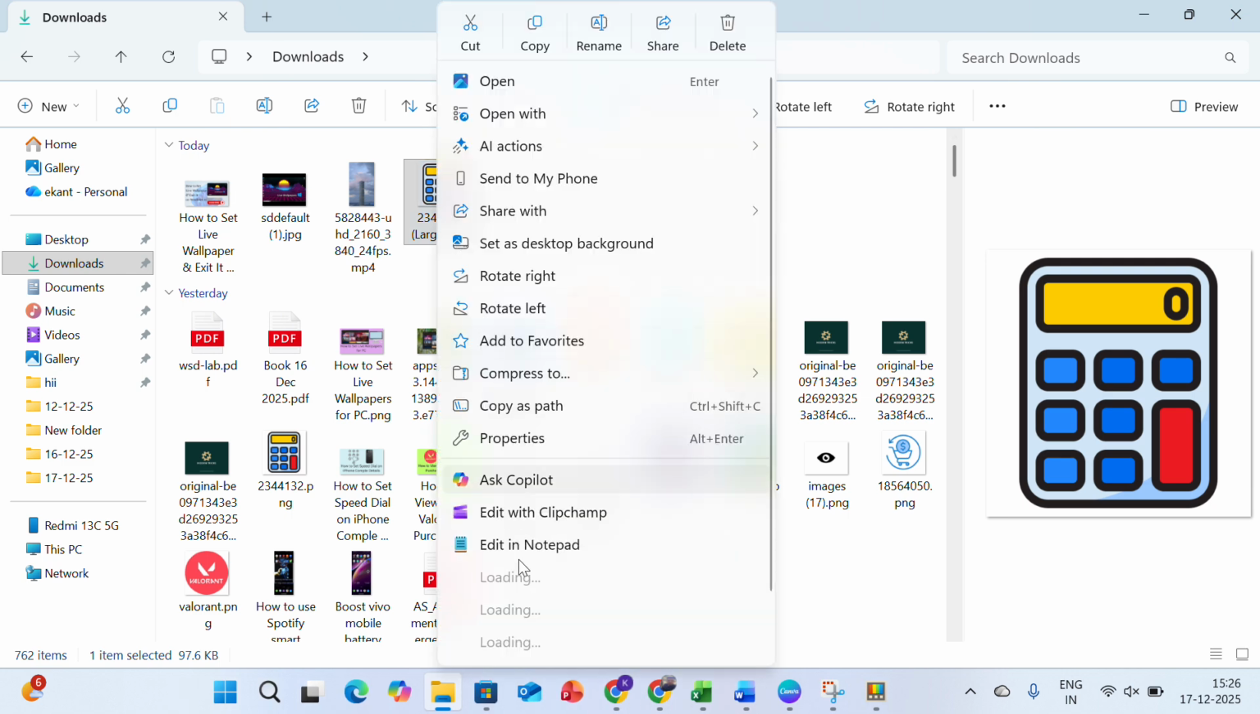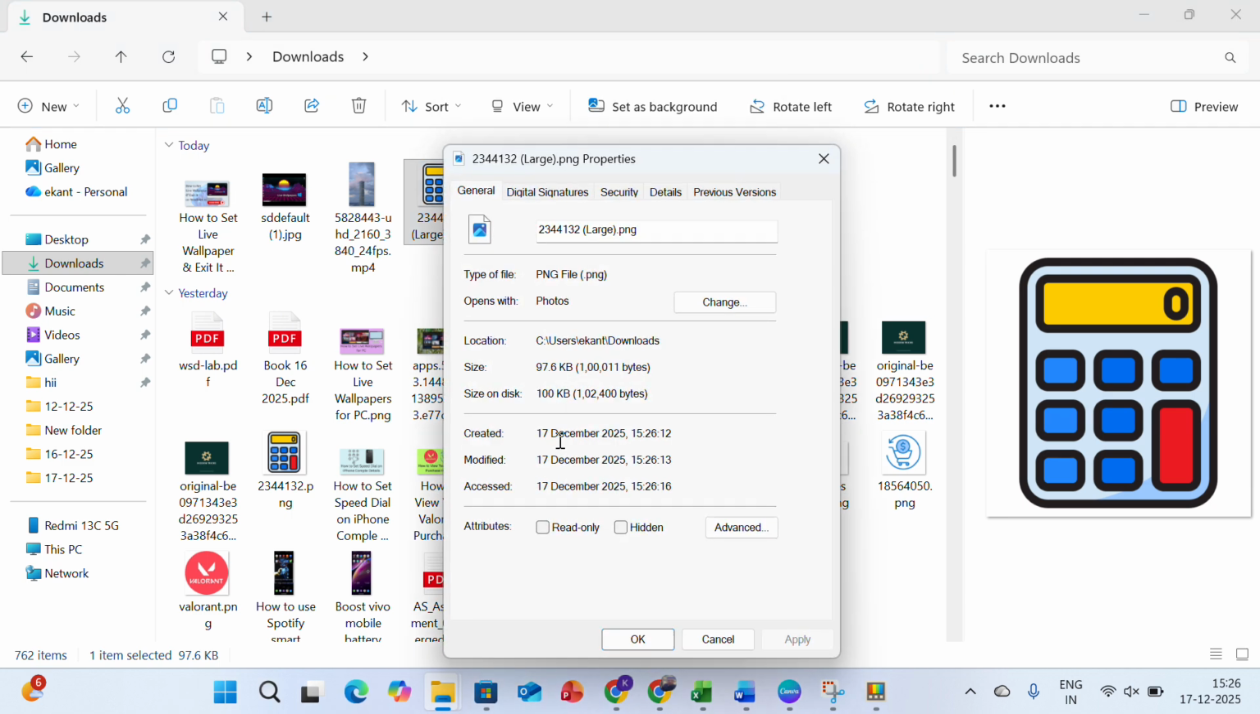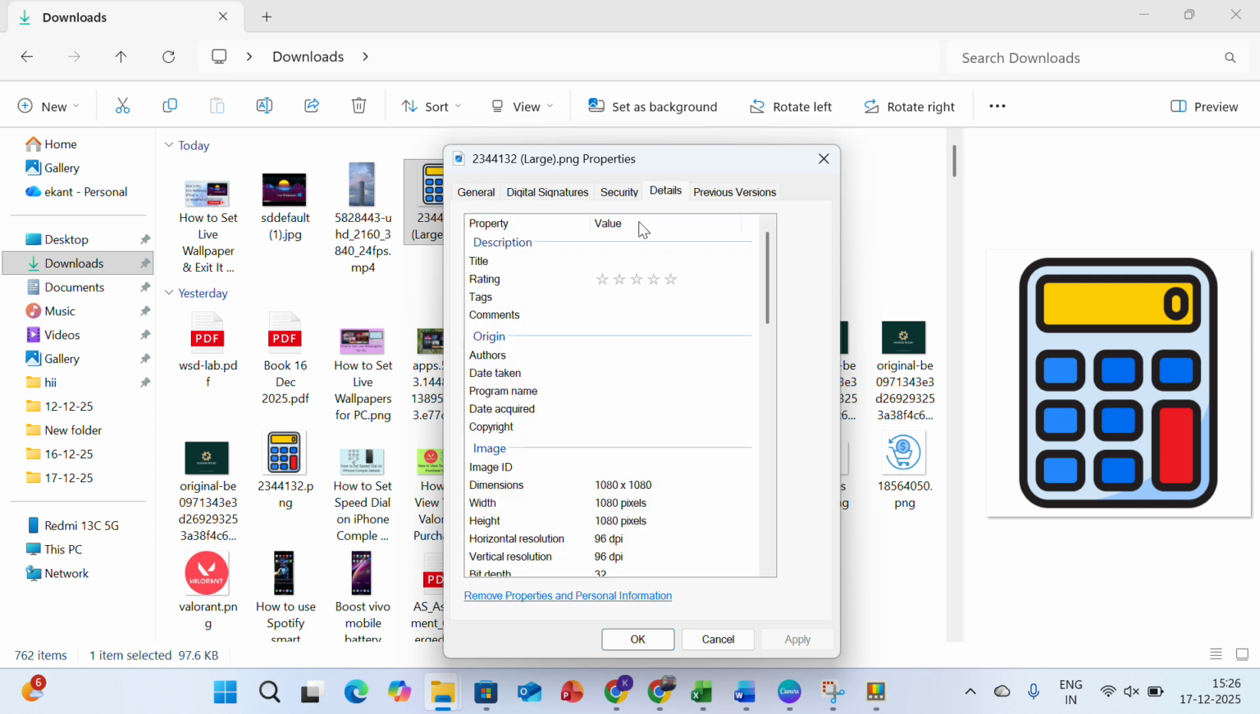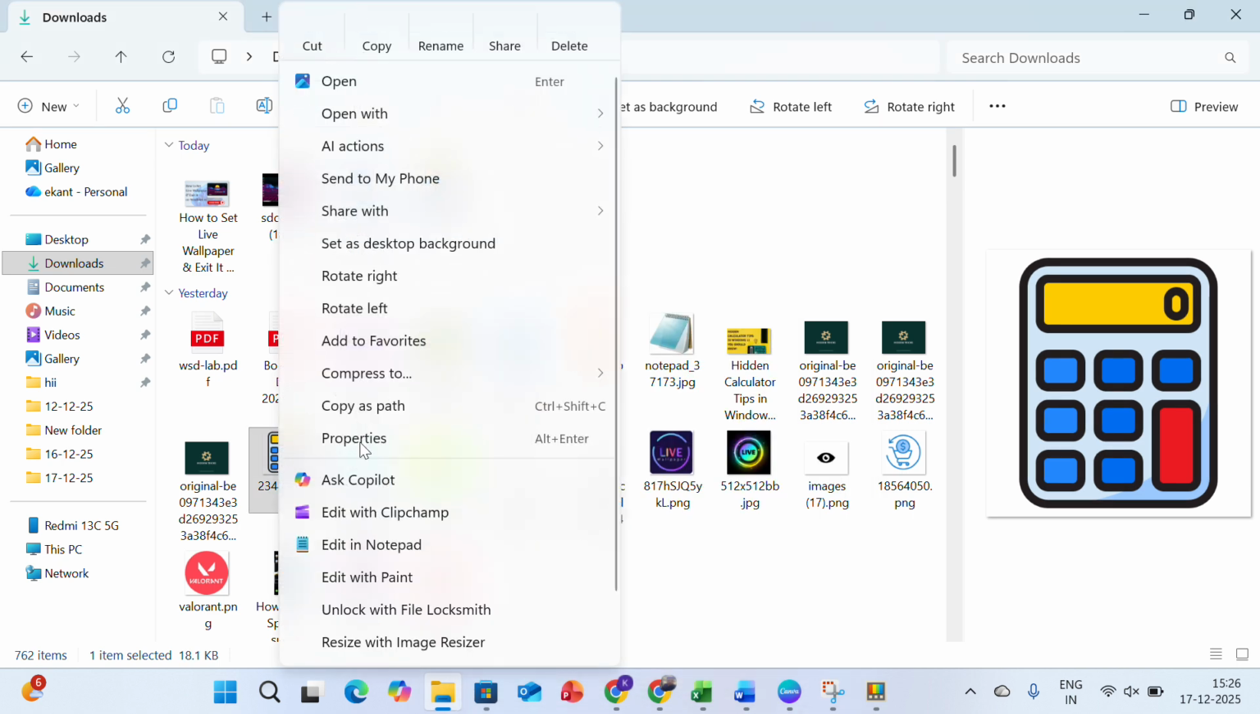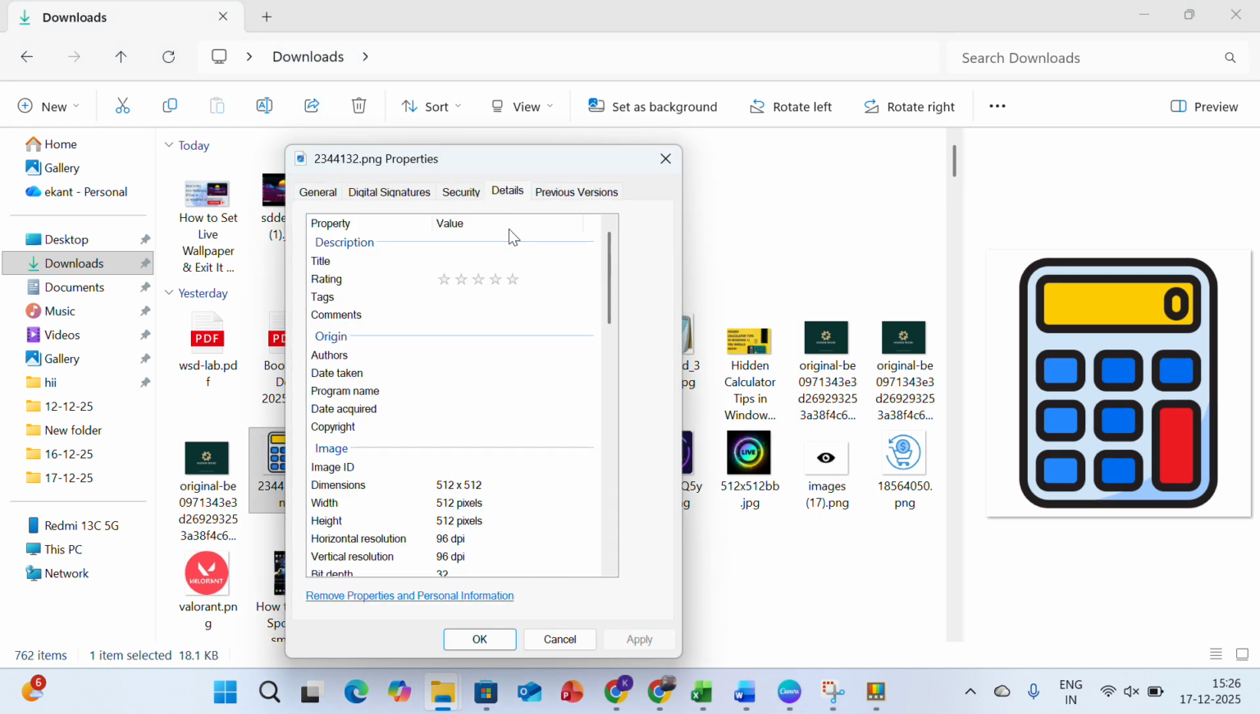You can check the properties, size, on details. Here you will see dimensions 1080 and our original picture properties 512. So the next is